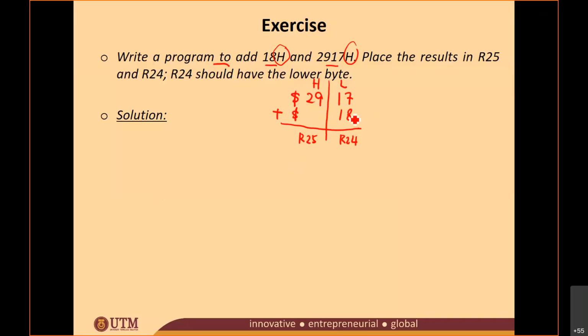Okay, since this value is not in the GPR, what you need to do is load this value to your GPR. So I just put 17 in R24 and I put this one in R25. What about 18? Because I'm going to do the shorter solution, I just refer to my